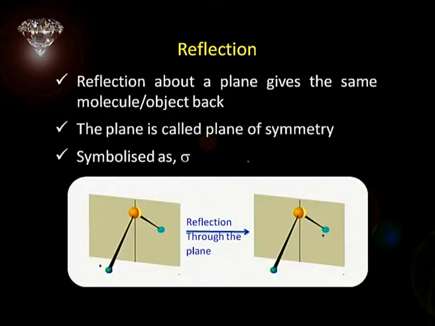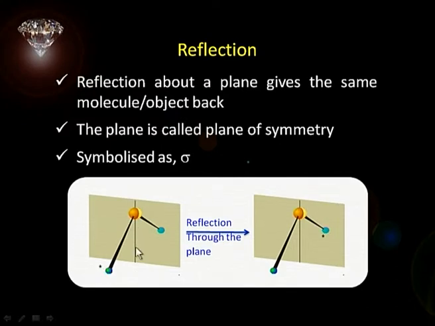Let us take the example here. Same molecule I had earlier. I take this molecule AB2. Now, if I think of a plane like this, so this part of the molecule, when I reflect through this mirror, this will become like this. That means this dotted atom here will get into the image part of it. So, we find that this molecule, half of the molecule is the mirror image of the other half. So, if I have that kind of situation, then I say I have got a symmetry element called a plane of symmetry.